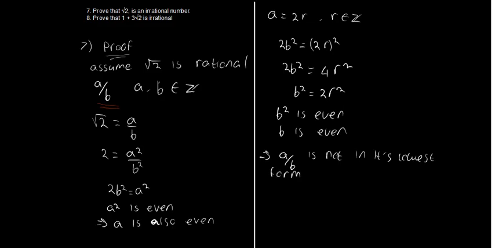Reason being, these two have a common factor, because 2 is a common factor, right? And if that's not the case, if our initial assumption is wrong, because we assumed this is rational, it can be expressed in the form a over b, but through our proof here we've said that we can't prove it like this, which automatically means that our initial statement is right, meaning that we're right in saying that square root of 2 is irrational,